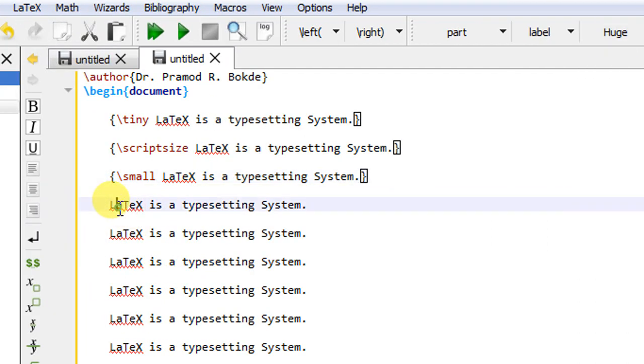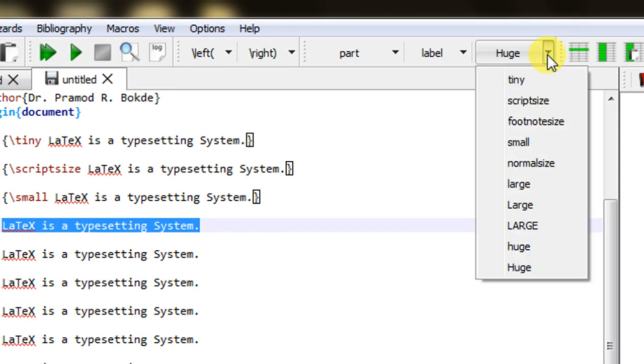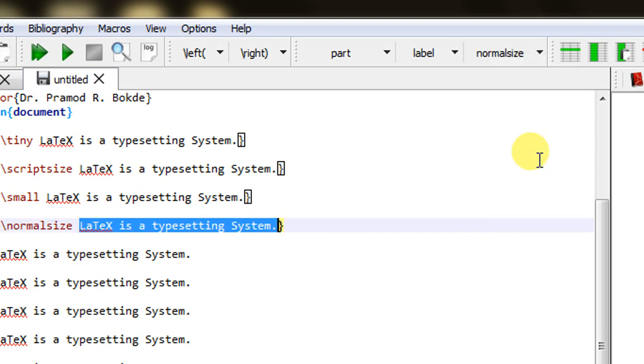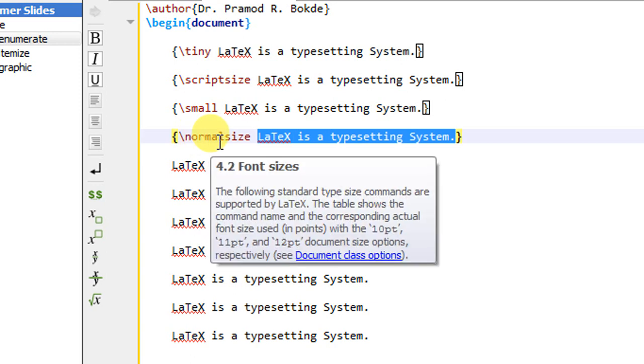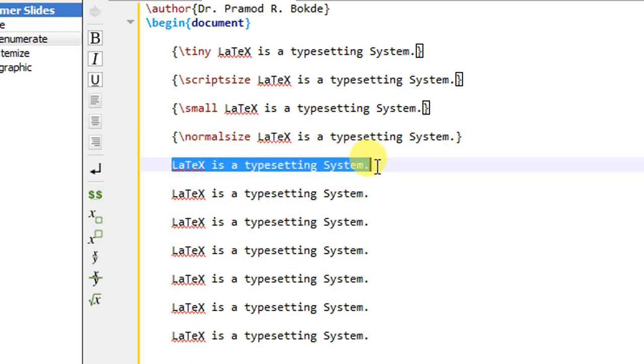I will select this sentence, and if I have to apply another font size, I will go to this button and click on it. The next font size available is normal size, so I will apply normal size. If you see here, the command automatically comes. Similarly, I will apply the different font sizes available.